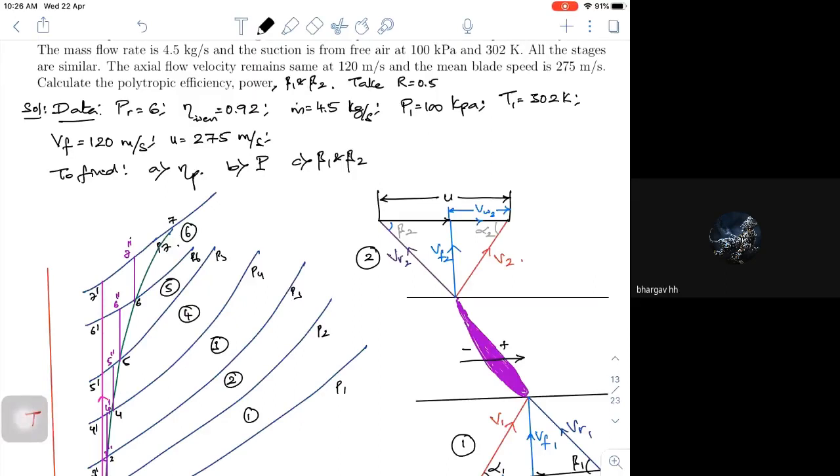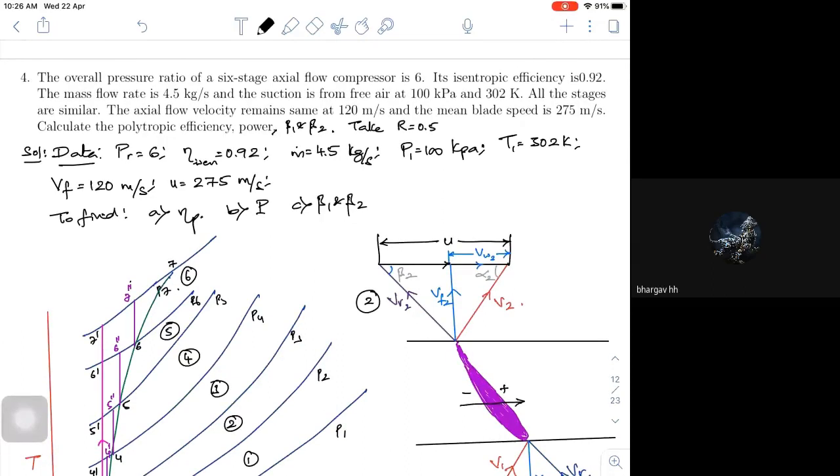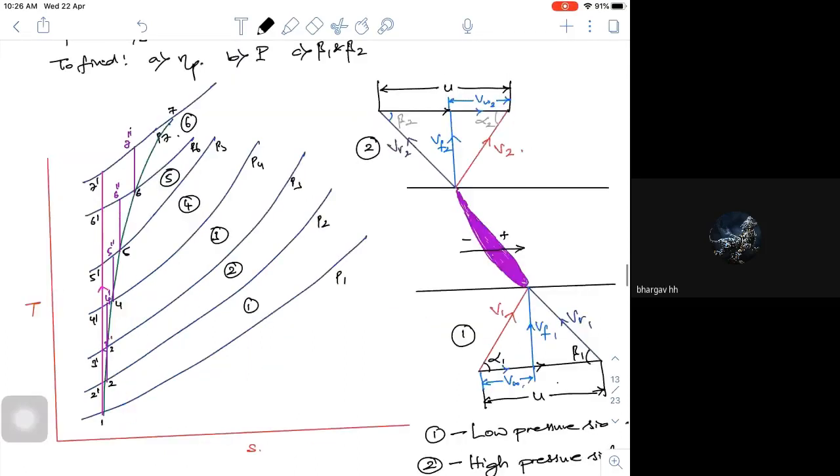They are given the overall pressure ratio, that is your total pressure ratio, we call it PRT, and it's 6 actually. Now I need to individually calculate. P1 is given, and I need to calculate P2, P3. The stage pressure ratios are P2 by P1, P3 by P2, P4 by P3, P5 by P4, P6 by P5, P7 by P6. That is called the stage pressure ratio, which is not given. What is given is the total pressure ratio, which is PTR.